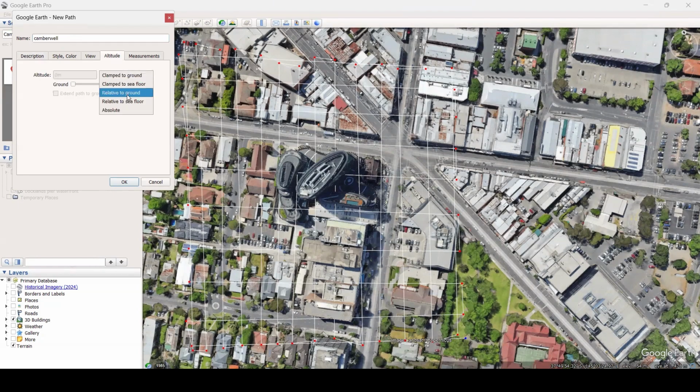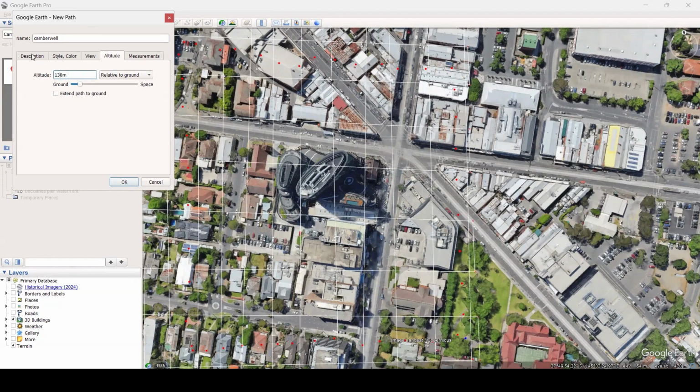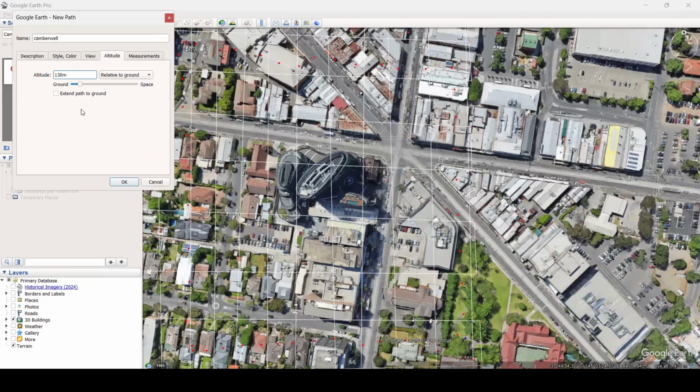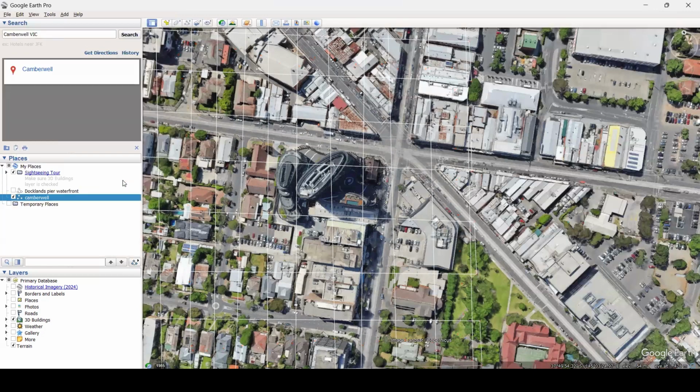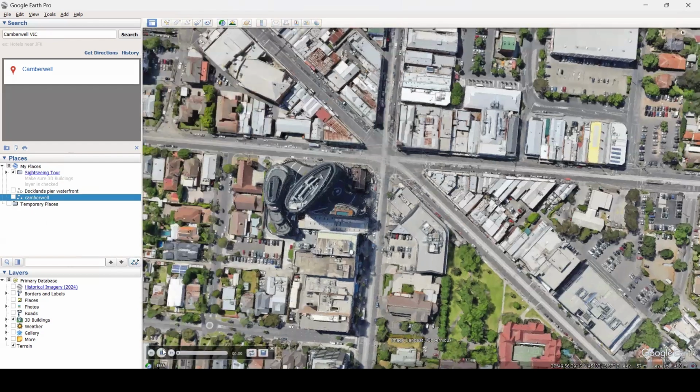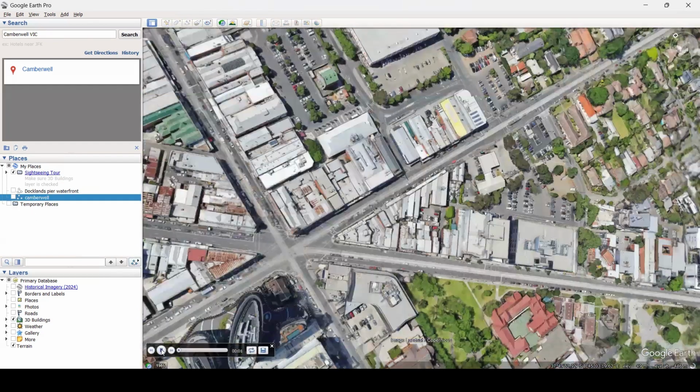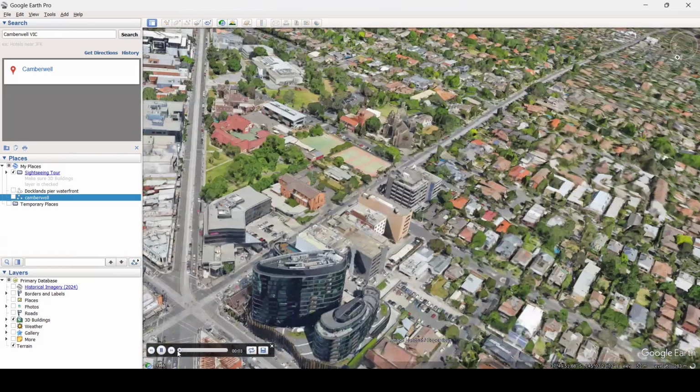And then we'll click altitude and change it to relative to ground and give that the height, say 130 meters, which should be high enough for the site I'm looking at. And then we just untick so we don't see the grid lines when we're doing our screen grabs. And we want to get ready to play. Before we do that,